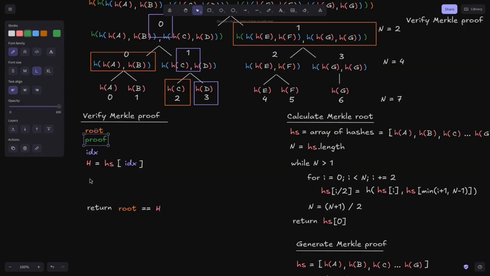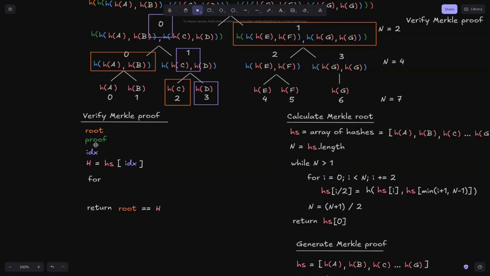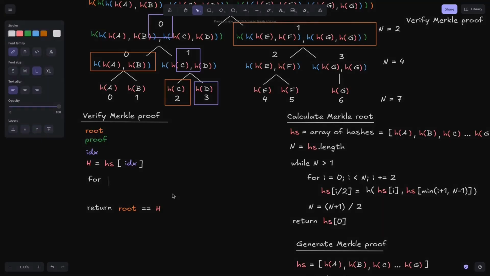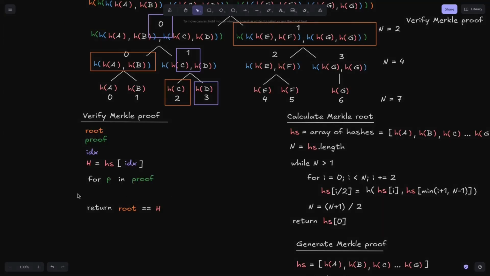Otherwise the proof is invalid. So now let's see what goes inside the loop. You'll need to run a for loop for each element inside this array of proof. Let's say for p in proof. Given this current hash and the hash that was provided by the proof, we need to pair them up and